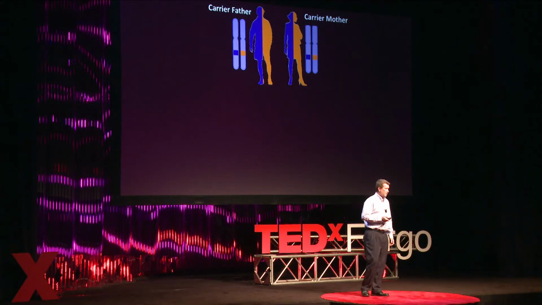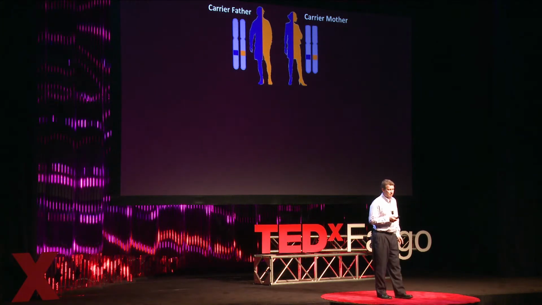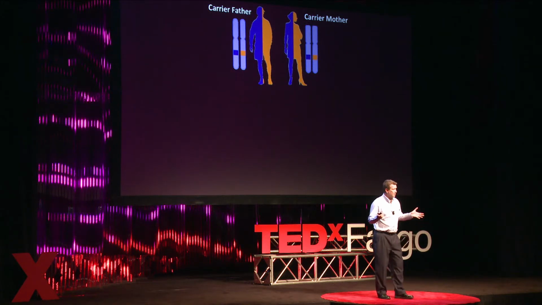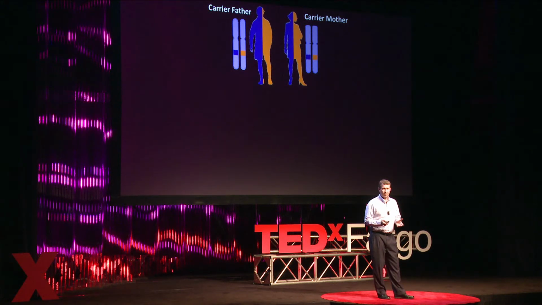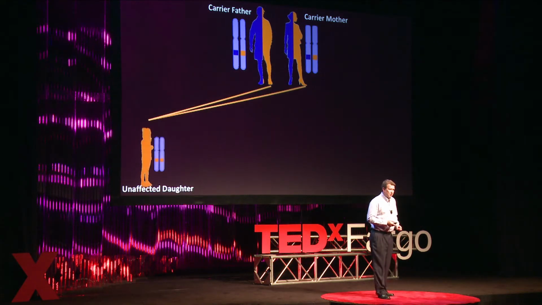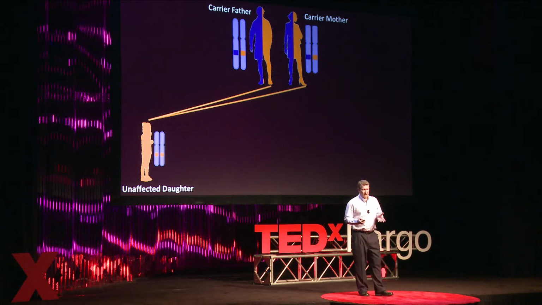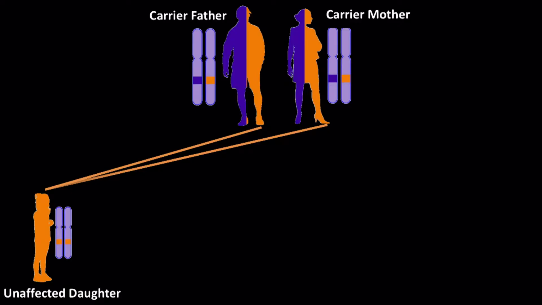So I'm going to talk a little bit about genetic disease now. So 3.2 billion base pairs. It can get messed up. It's estimated that every one of us in this room may have anywhere between 20 to 50 defects. So let's assume that the orange part here is, and I've just put on those chromosomes a little orange mark and a little purple mark, or maybe it may look blue to you in the audience. And you split those chromosomes, the egg and the sperm come together, and you have a 50% chance of gathering each one. So that means you have a 1 in 4 chance of having a child that gets the 2